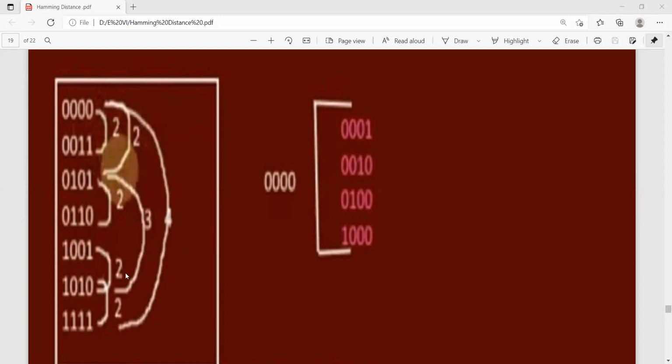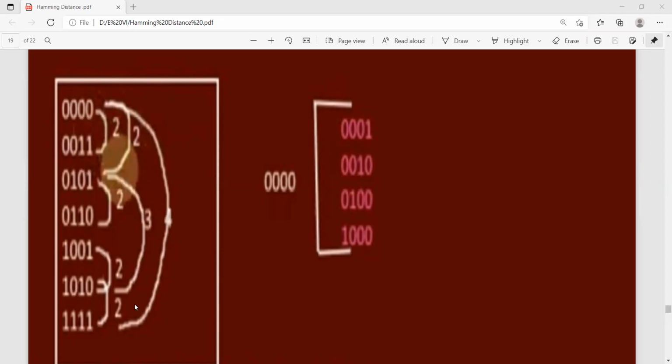For these 3, how many possibilities? 0, 1, 0, 1, and 1, 0, 1, 0. This is the length. For this case, the length is very high, that is 4. So for 4-bit data, the maximum Hamming distance is 4.